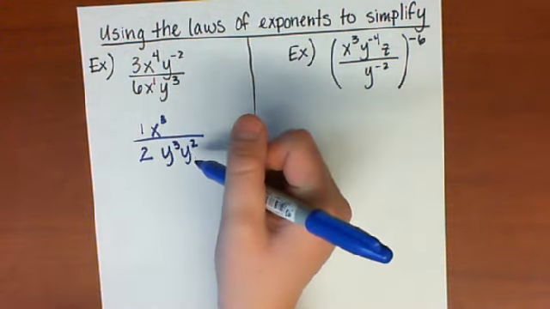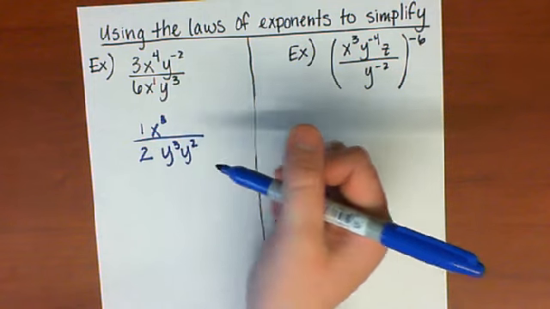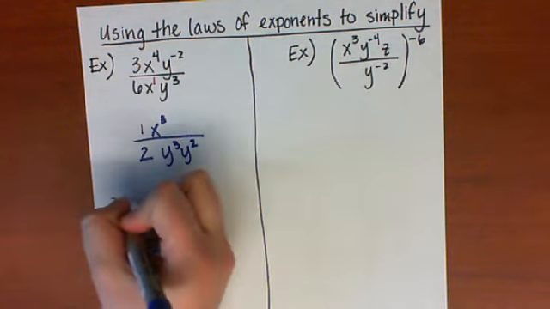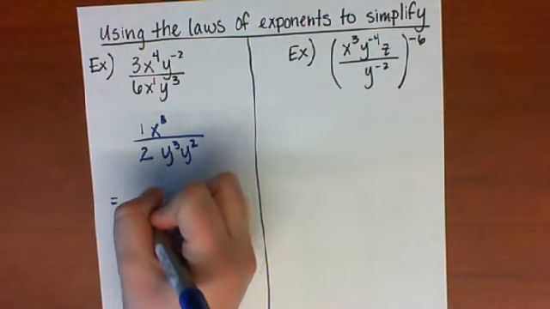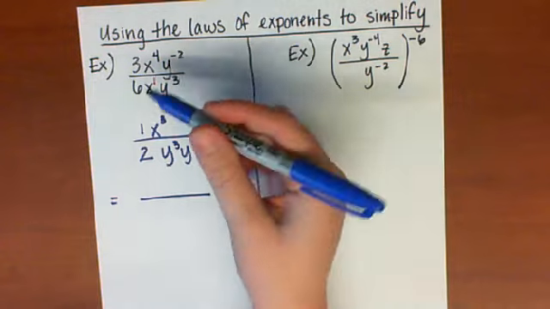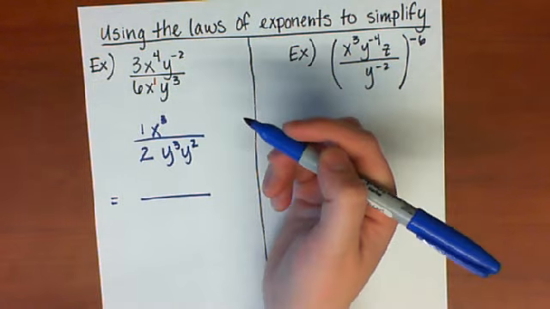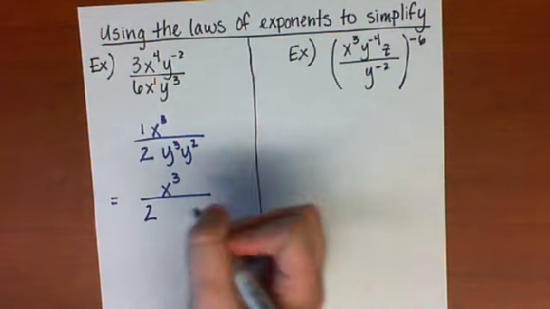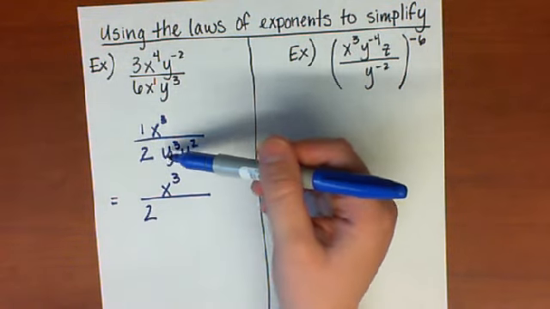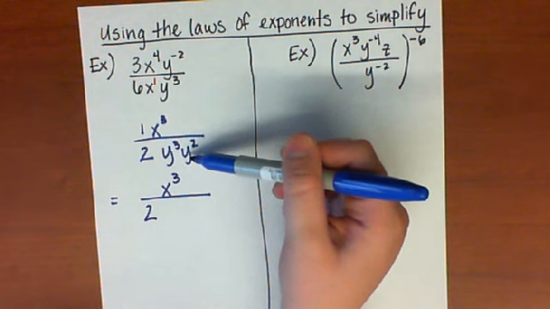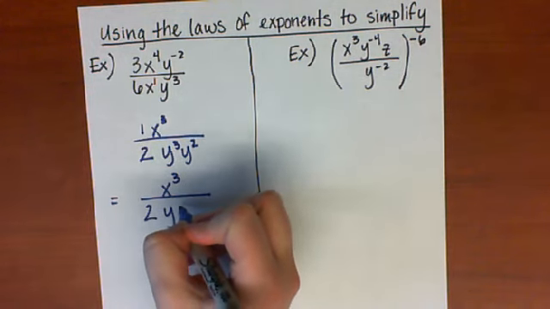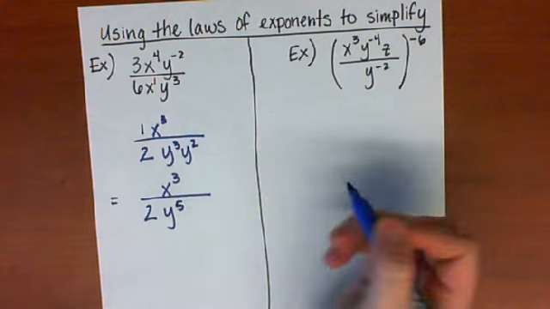Now I notice that I have two factors involving y, and I want to simplify that. So the next thing that I'm going to say is here, I'm going to still continue to have my fraction bar. Now I'm going to drop this 1 because 1 times x cubed is just x cubed. So I'm going to have x cubed on the top. I still have this 2 on the bottom. And now I notice I'm multiplying y cubed times y squared. So what I do when I multiply is I add the exponents. So I'm going to add 3 and 2 and get y to the 5th.